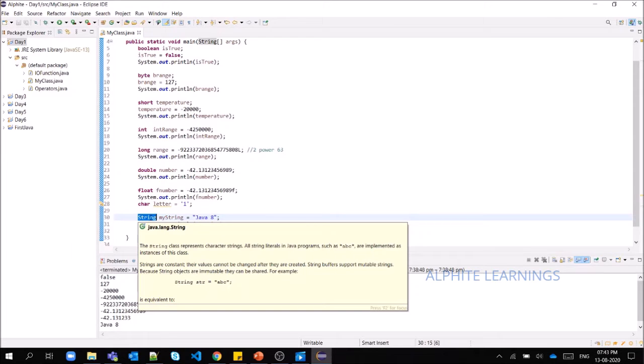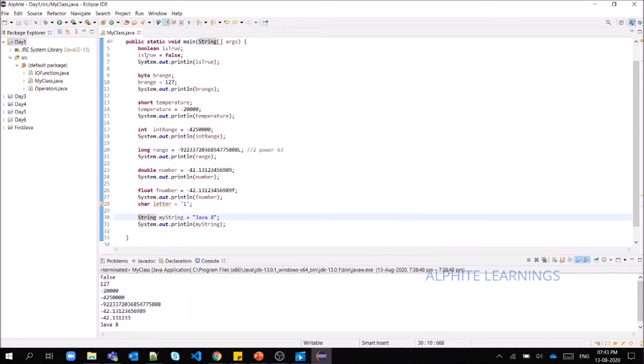This is also a predefined class available in Java, just String with capital S. Please remember that Java is case sensitive.